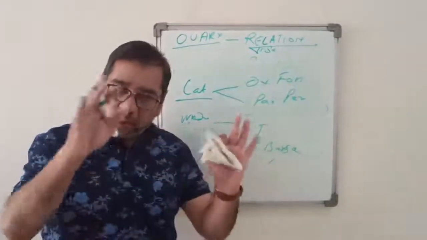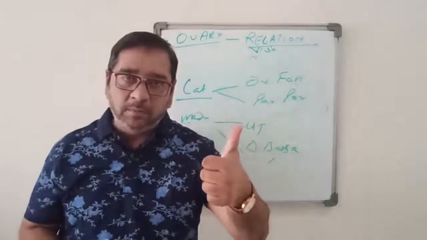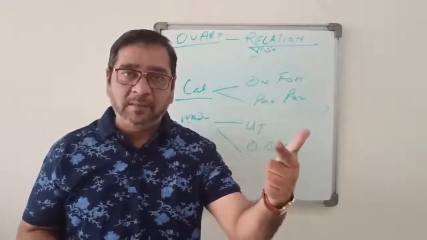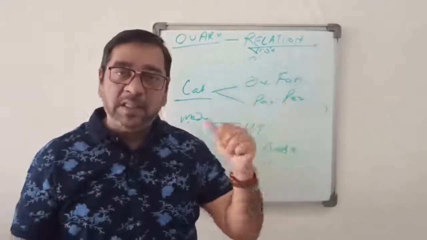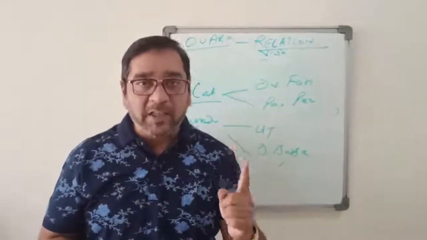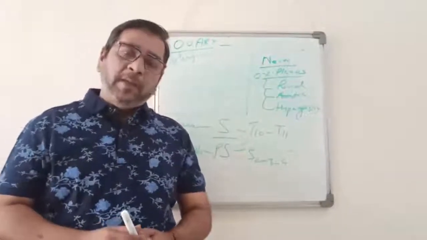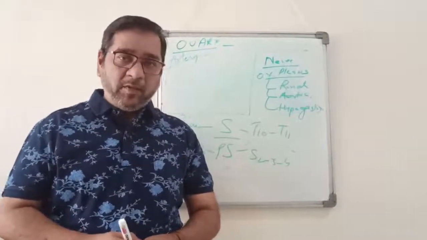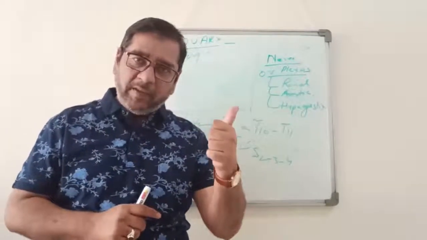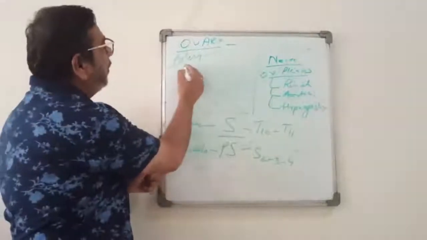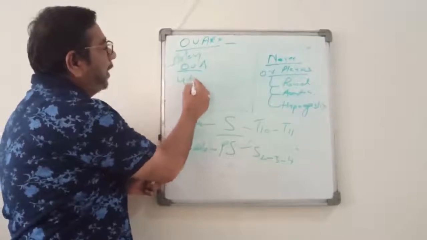So just to revise the relations, we have uterine tube, ovarian bursa, ovarian fossa, parietal peritoneum, suspensory ligament, external iliac vein. Okay, now we will be talking about the arterial supply of the ovaries. Very simple, two arteries, the uterine artery and the ovarian artery. So you have the ovarian artery and the uterine artery.